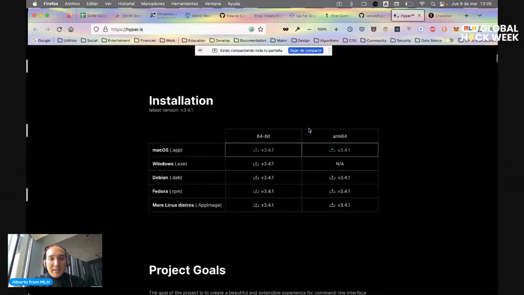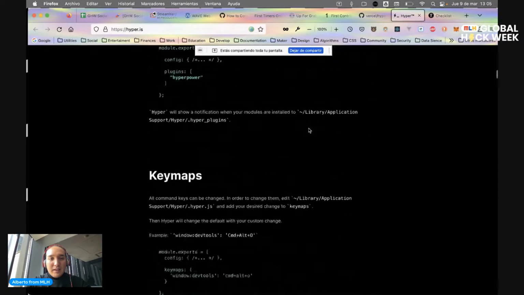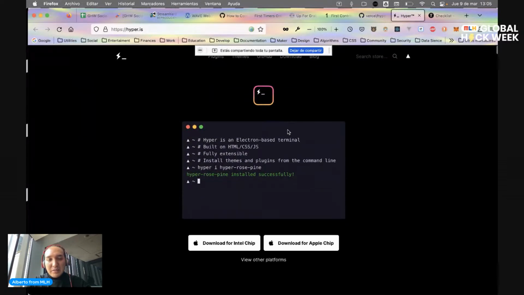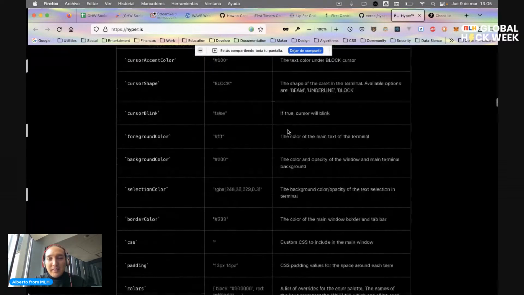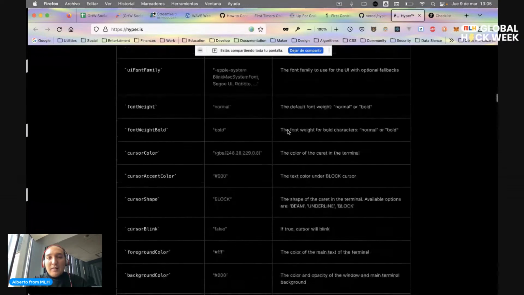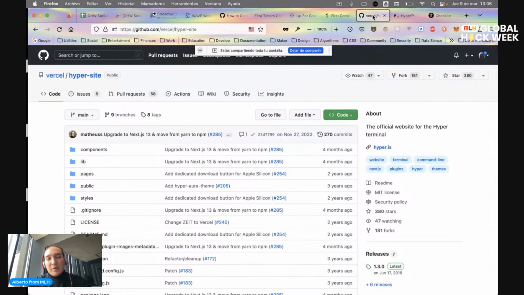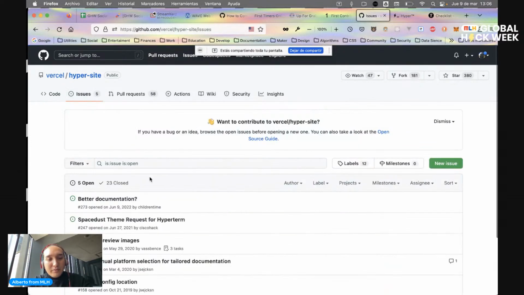So this is the website they have. Here you can download, you can see the plugins, themes, and all about the terminal. And I think, okay, I'm going to contribute to the Hyper website. But how do I contribute? Well, let's see the issues.